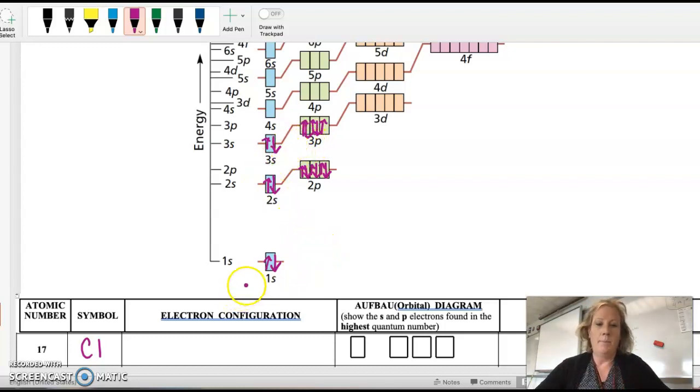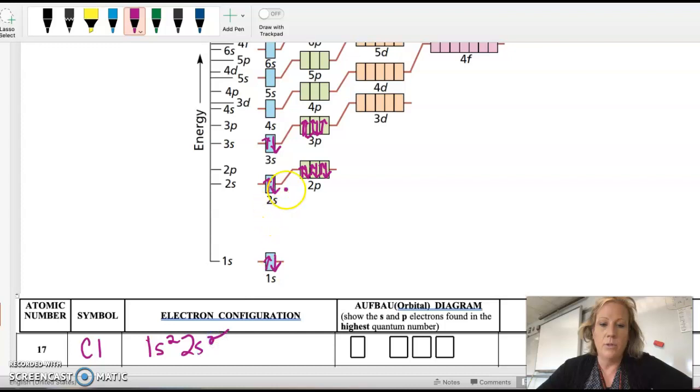So that would be an electron configuration of 1s2 for this one, 2s2, 2p6, 3s2, 3p5, and again those superscripts add up to 17. Over here, I'm only going to show these electrons. So this would be the